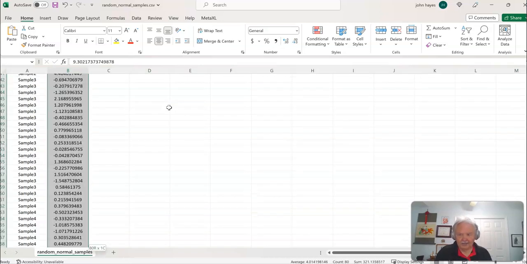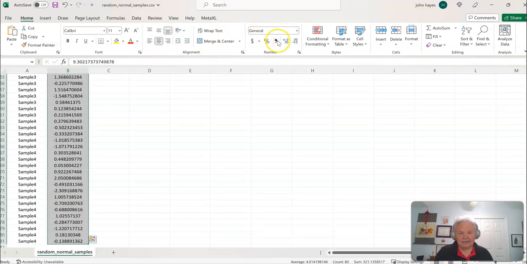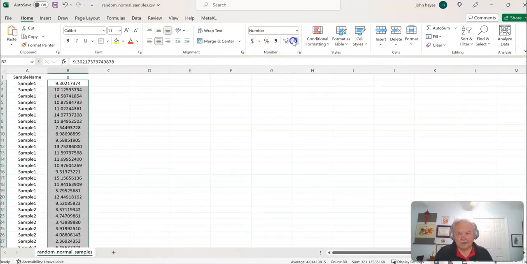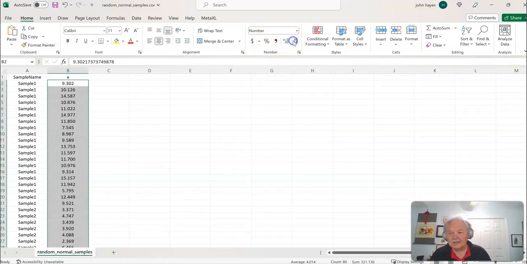In Excel, we can highlight this column, and then just come over here in this section and reduce the number of decimal points if we'd like. So maybe down to 3. And then we can save it. But when we save it,